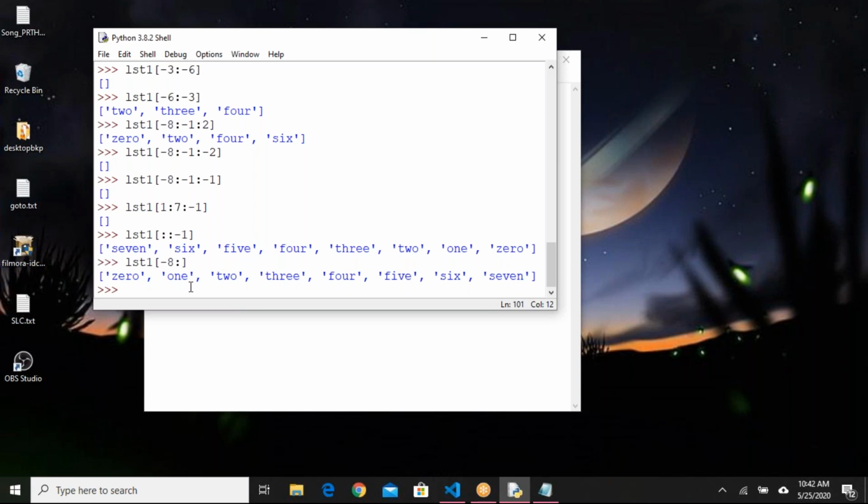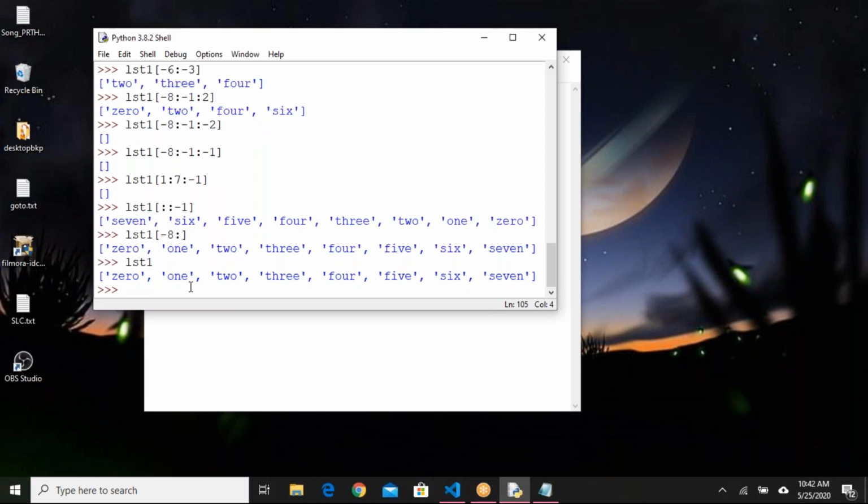Okay, let us try to change the elements now. Let us try to update. These are the elements I have in list 1. Here, instead of the string 3, I want to have the number 3. How can I edit it?